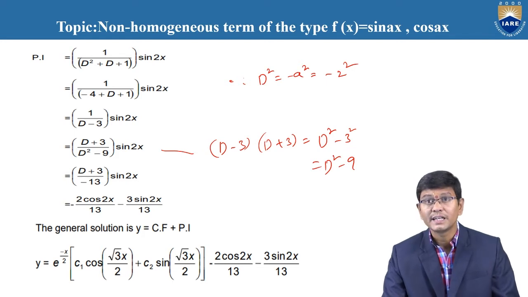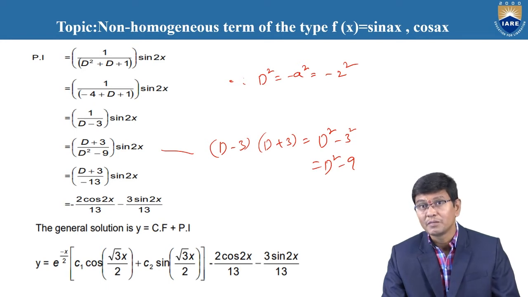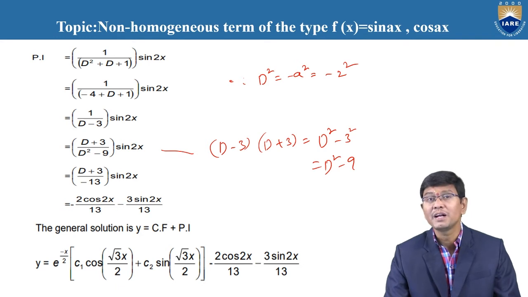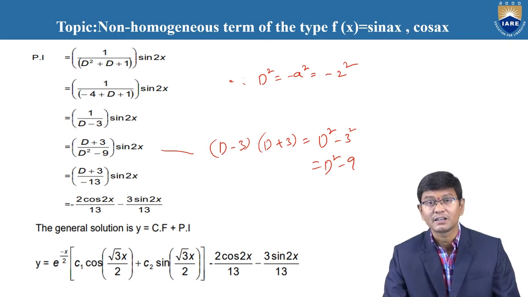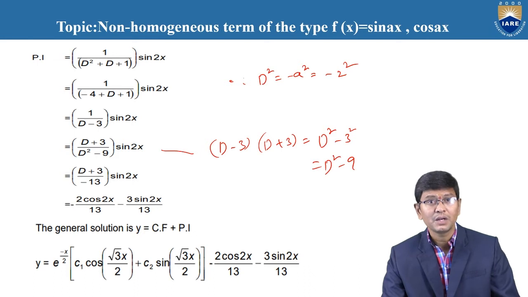Therefore, the first part is D of sin 2x, which is nothing but the derivative of sin 2x. The derivative of sin 2x is 2 into cos 2x. Therefore, the remaining part is 3 into sin 2x. But the denominator is already a negative value. Therefore, with the help of the negative value, it is minus 2 into cos 2x by 13 minus 3 into sin 2x by 13. Together, we need to write the general solution of the given differential equation